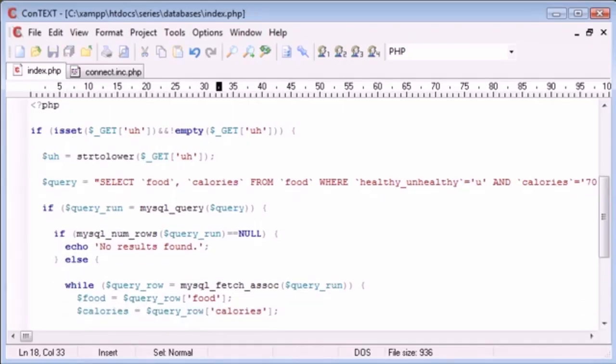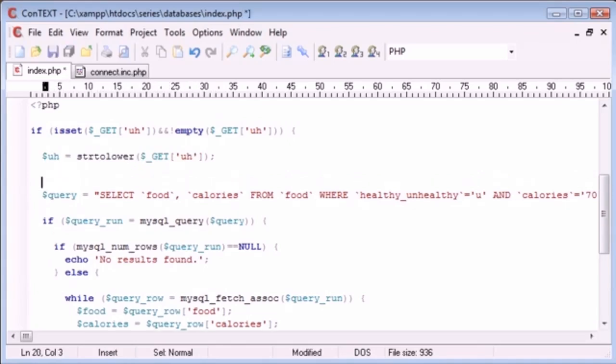So what we want to do is, in fact, SQL injection might not be an issue in this case, because we might want to check whether this UH either equals u or equals h before we perform this query. So we've grabbed the value UH. What we can do now is, above the query, check if UH, the variable, is equal to either a small u, which it'll automatically be small because of the strtolower, or an h. So we can say if UH is equal to a u, or UH is equal to an h, then